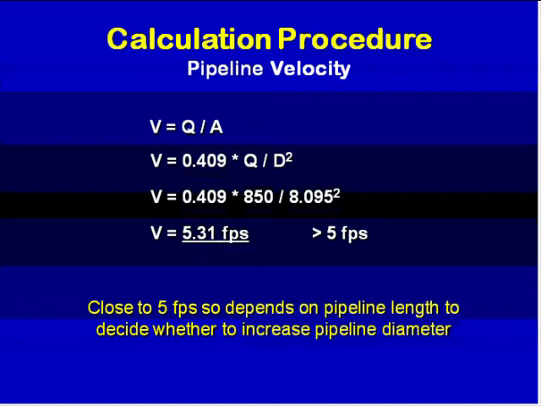And if we utilize a conversion factor that deals with square feet and gallons per minute and pi, in this arrangement we utilize a 0.409 coefficient in our equation. We put in the numbers: the flow rate we had was 850 gallons per minute, and our inside diameter was 8.095 inches. If we do that math of multiplying that out, we would come up with a flow velocity of 5.31